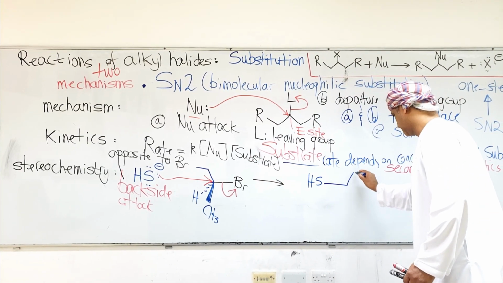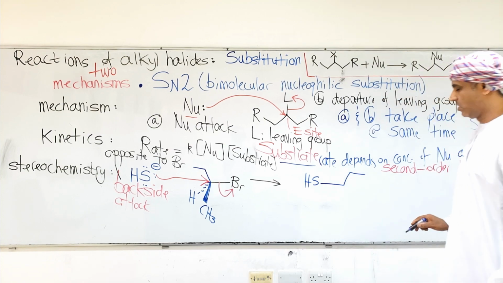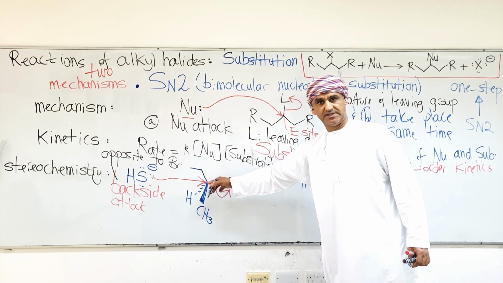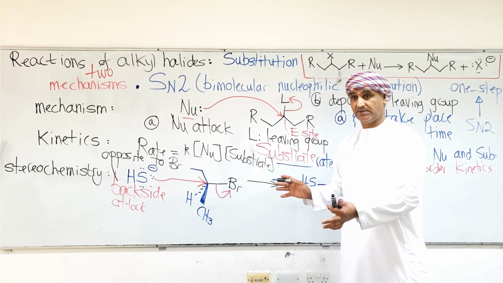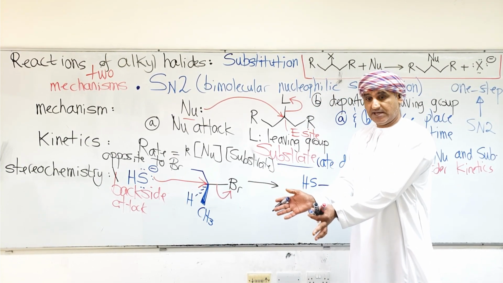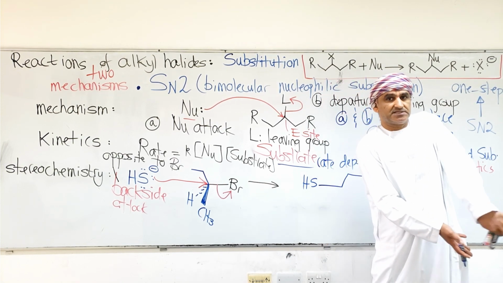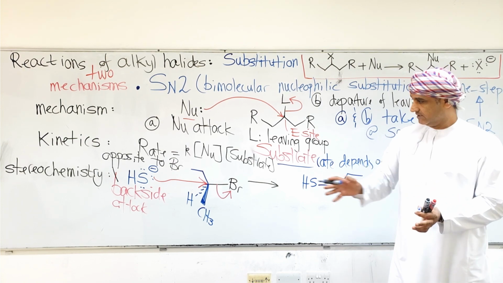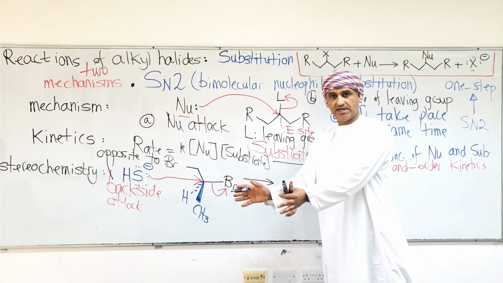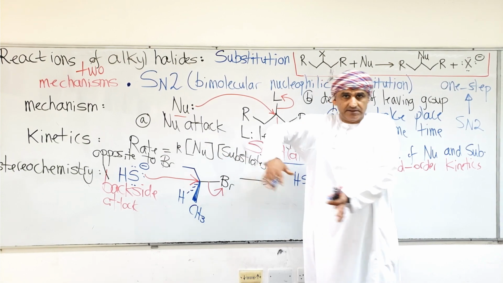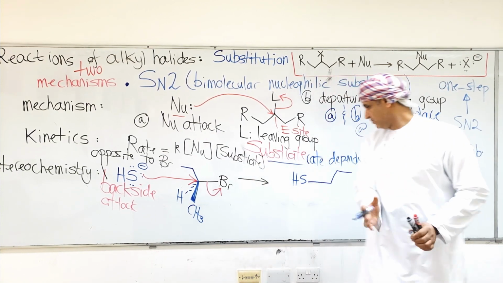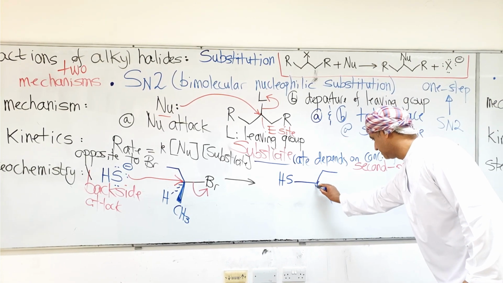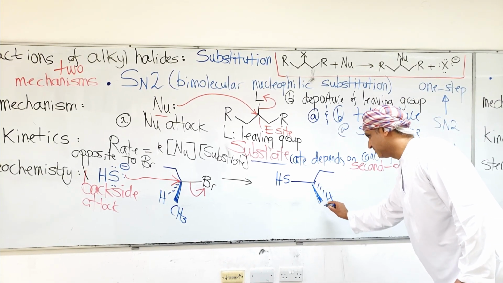Now it will shift slightly this way in this drawing. And if you look at these two bonds which are outside the plane, the CH bond and the C-methyl group, they are outside the plane, they were shifted a little bit that way, now they will shift a little bit this way. It's like an inverted umbrella, if you like, on a windy day. These two groups were shifted that way. Now when the nucleophile attacks, they will be shifted that way. Okay, so we have then a drawing like this, which would be suitable to represent what happens here with respect to